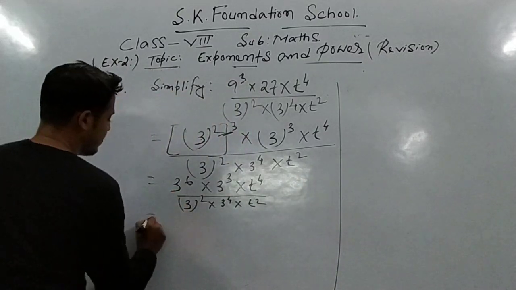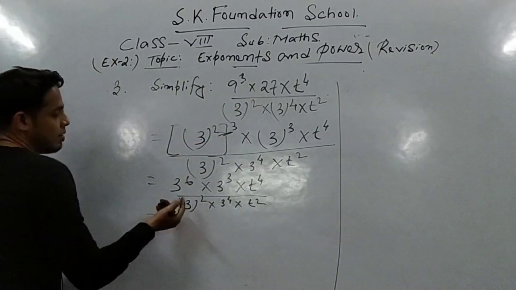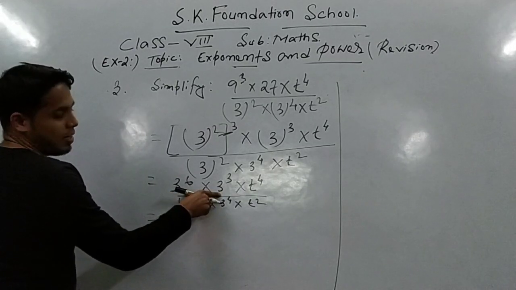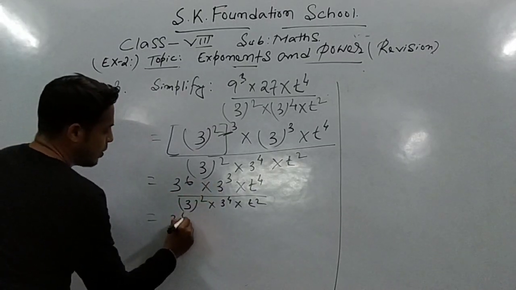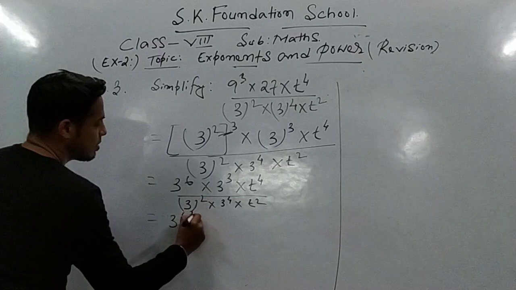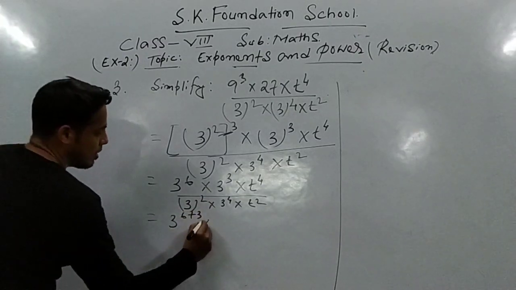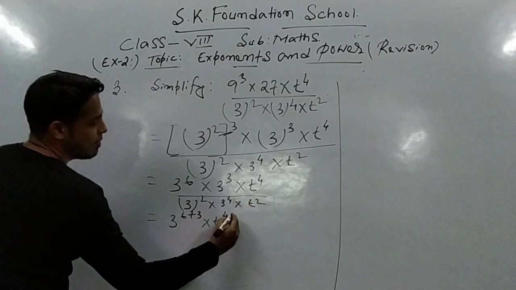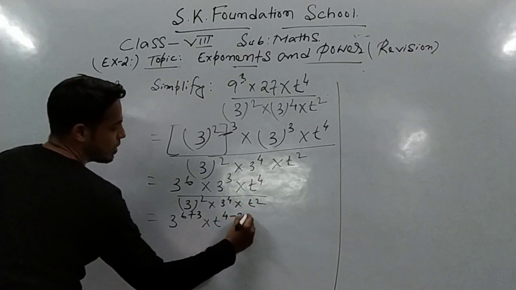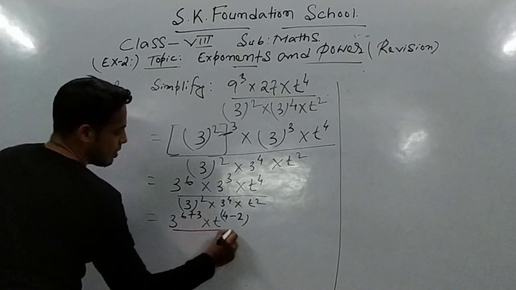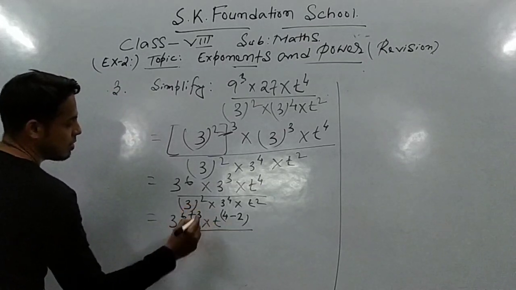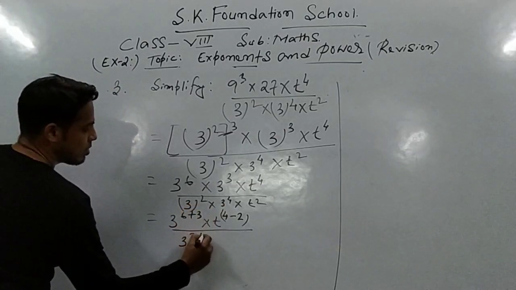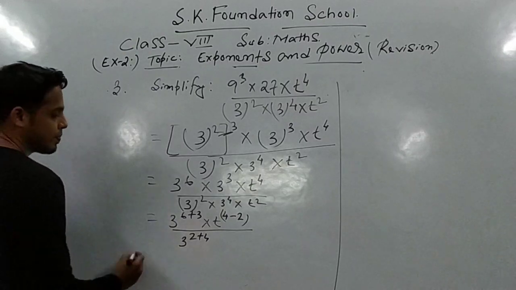So look at here, where these two 3s are in multiply form, so powers are added, 6 plus 3, right? And this t to the power 4 and t square they are in divide form, that's why t to the power 4 minus 2. Okay, and here this 3, 2 plus 4. Okay, so